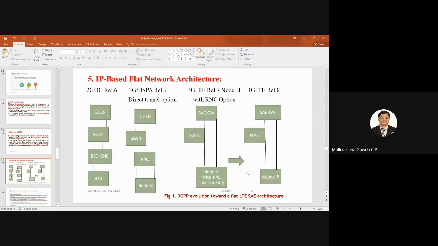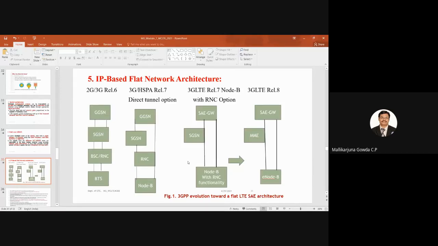And here what I said about this node B with radio network controller functionality, now that is renamed as what? eNode B. Okay, in LTE, that is release 8, we call the base station as eNode B. Hope you are able to understand the difference now from one version to another version, in what way the number of elements have been reduced, and how they